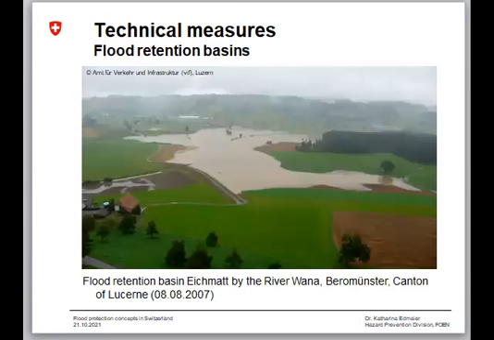So when natural lakes are not available or cannot be used for the regulation, water retention can also be ensured with basins. The volumes for retention are correspondingly smaller in comparison to the lakes, of course. Often, also here, the topographical situation can be used. Nevertheless, structures are necessary to ensure the inflow into and/or the outflow out of the basin. Often dams are also necessary, as can be seen in this example of the Eichmatt Basin at the River Warna in Canton of Luzern. So you can see one of the dams, for example, here.